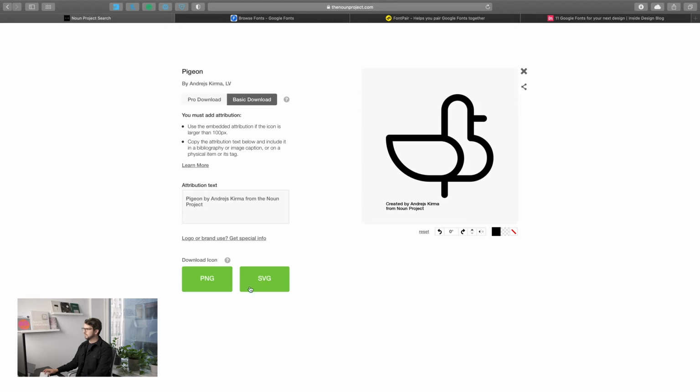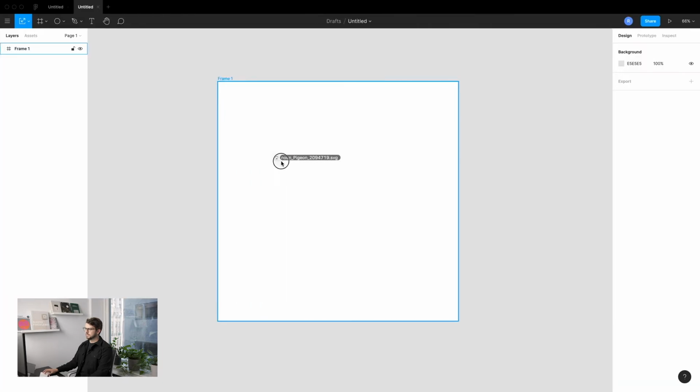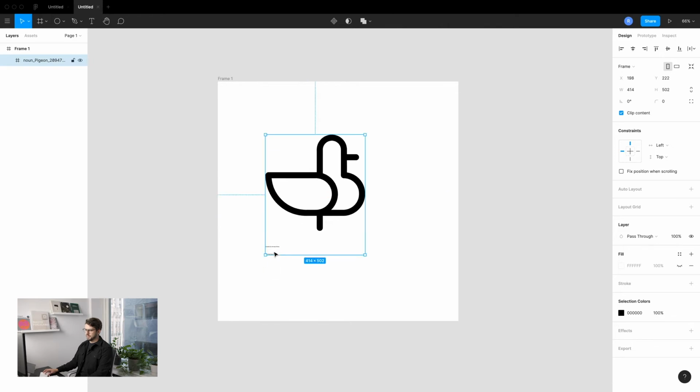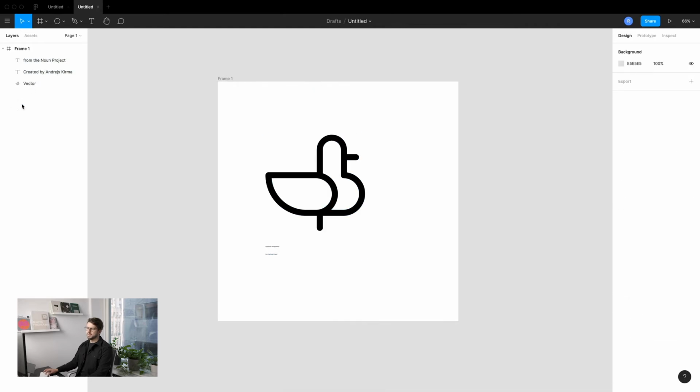So I'm just going to click that, which will then download it. Then I can go to my downloads folder, which is here, and just drag this straight into Figma. You can see I have a little bit of text at the bottom, so I can just ungroup this. You can do this with keyboard shortcuts as well, and then I can delete